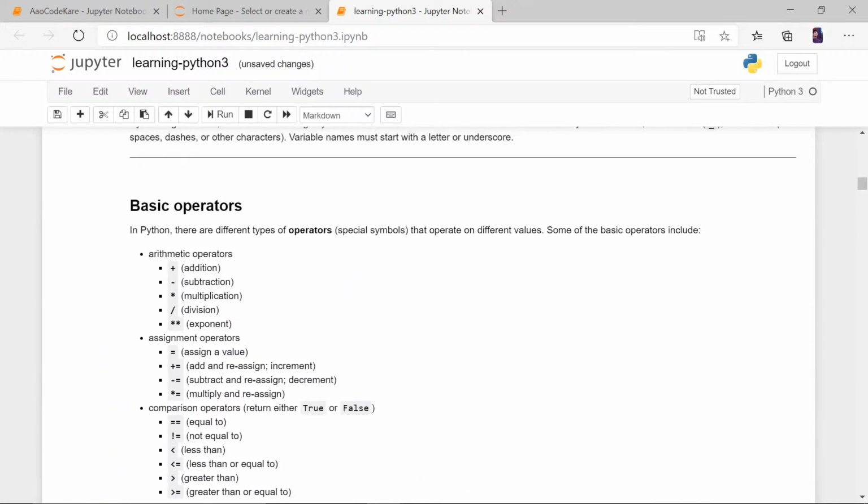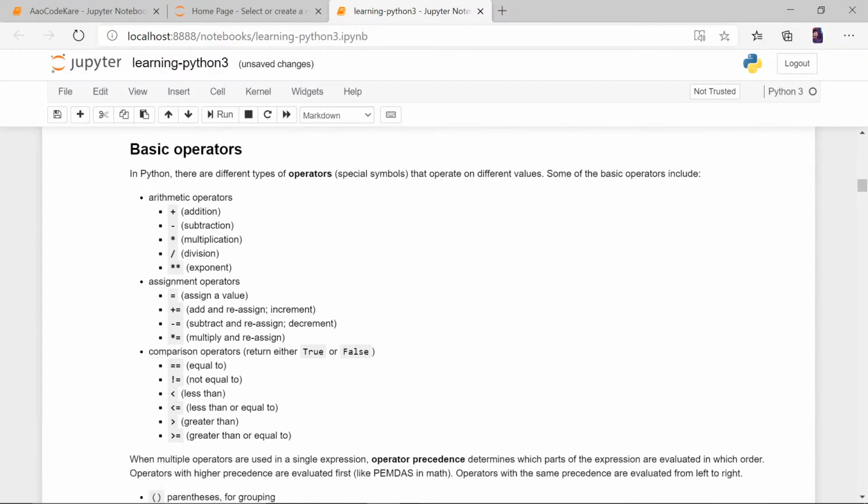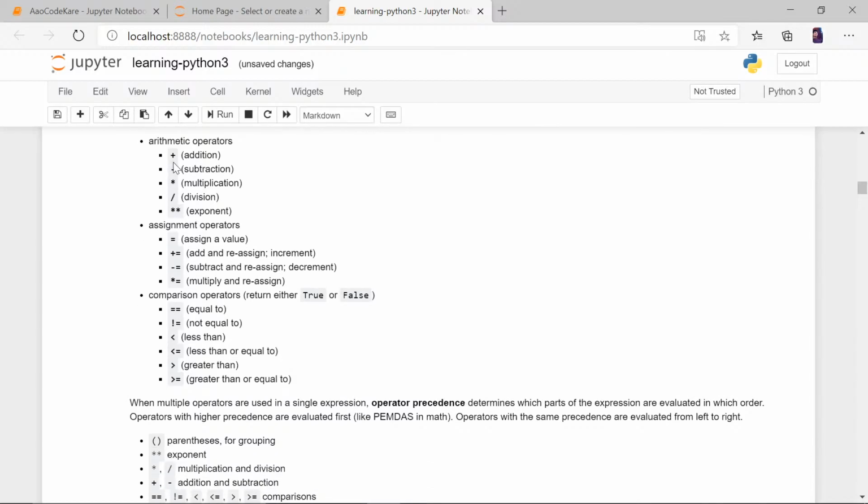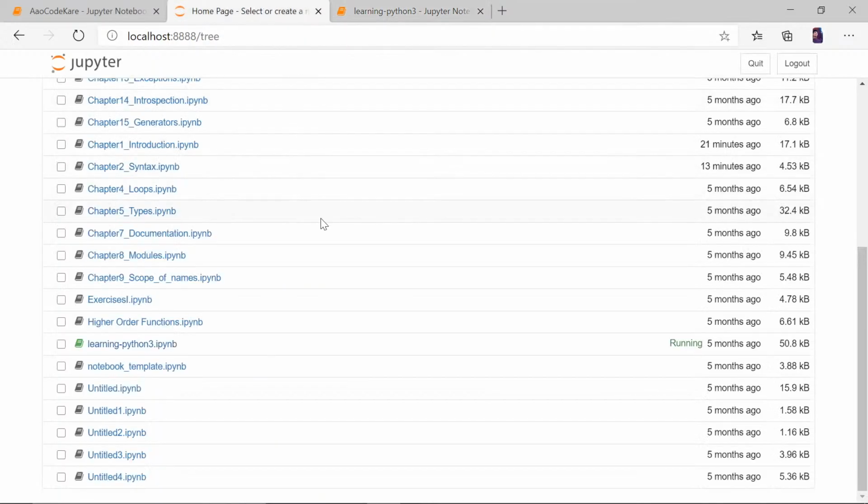So, basic operations, what you can do in Python. This is where the tricky part starts. It looks like a very little thing, but it is a big thing. So what you can do in between things, you can add, you can subtract. This is for numbers, obviously. Multiplication is star, division, and double star is exponential. Let me show you what exponential is.